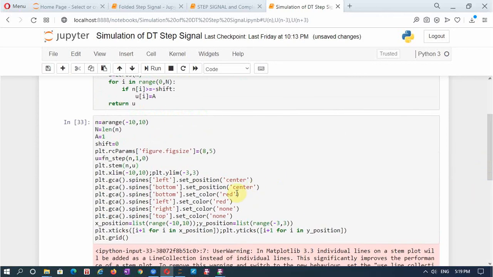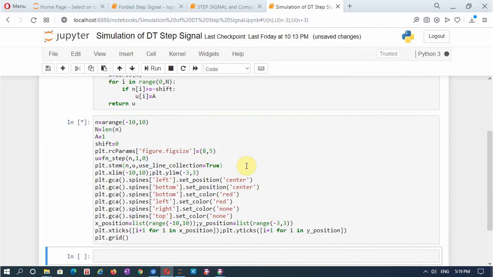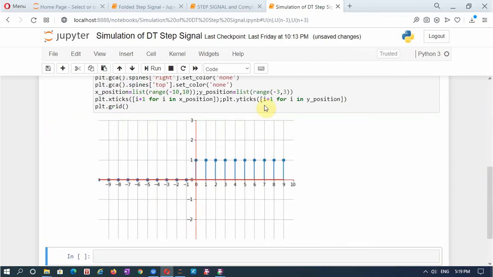So I'll put it back with this plot. So use line collection is equal to true. Now I'll run this. You will get the plot without that warning. Okay, so it takes it as a collection of lines and plots it. So this is the unit step signal.